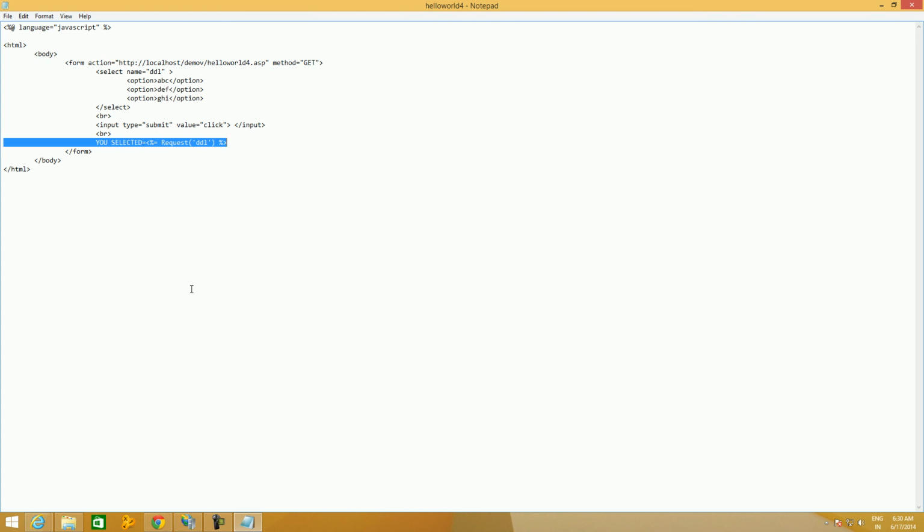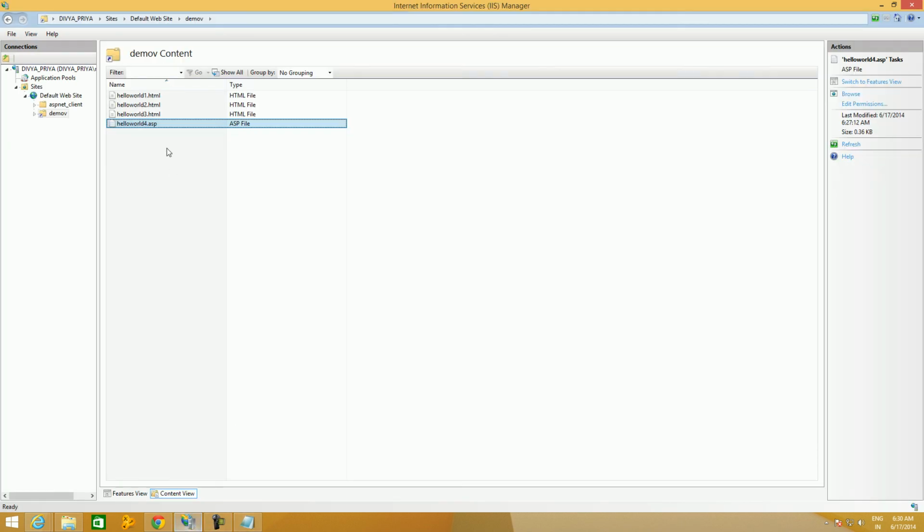Let us try to browse the web page once again. Let us select an item here, GHI. Now click the button. See here, I have selected GHI. Now I am clicking the button, so GHI will be sent to the server.